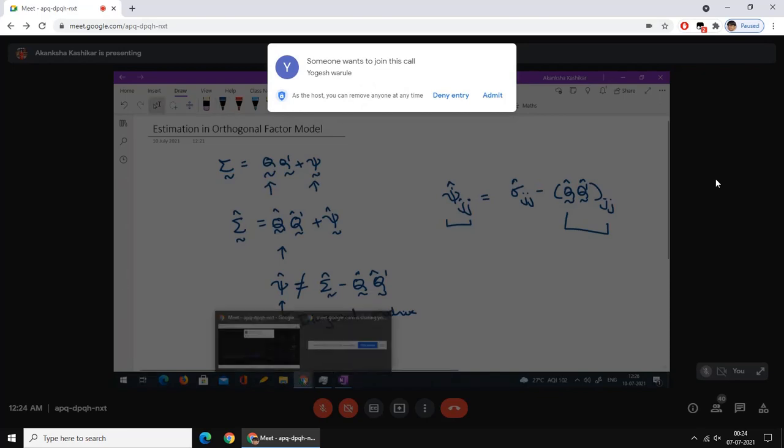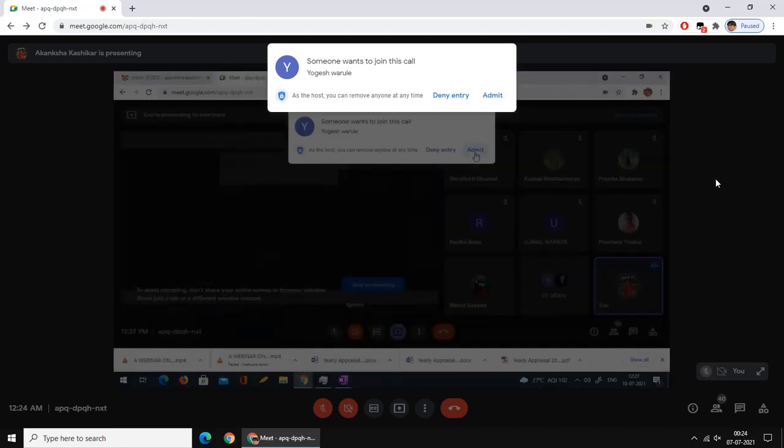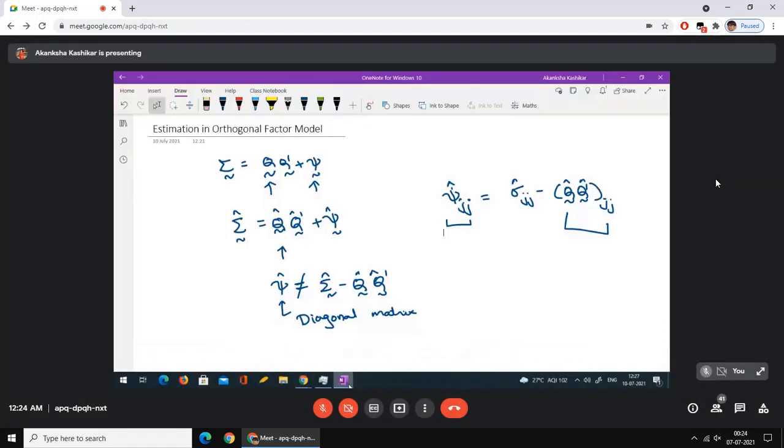Communality, correct. The jjth element of QQ prime was communality, correct. And this we called specific variance. Do you remember? You're not supposed to forget whatever happened in the earlier lecture, at least till the term and examination. Okay. So this is the communality for the jth variable, and this is the specific variance for the jth variable.